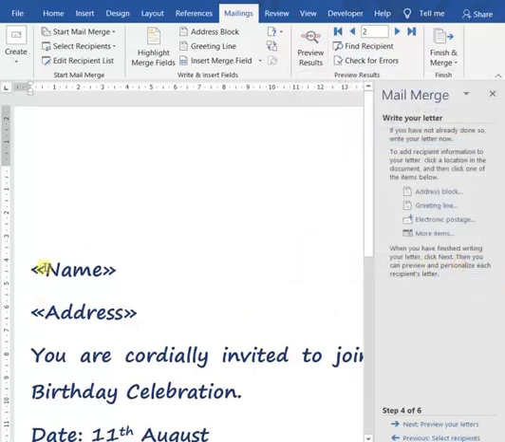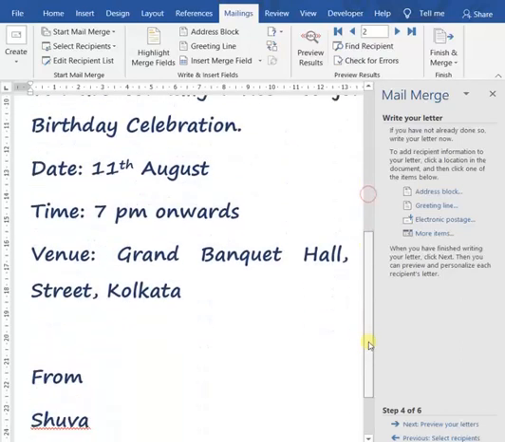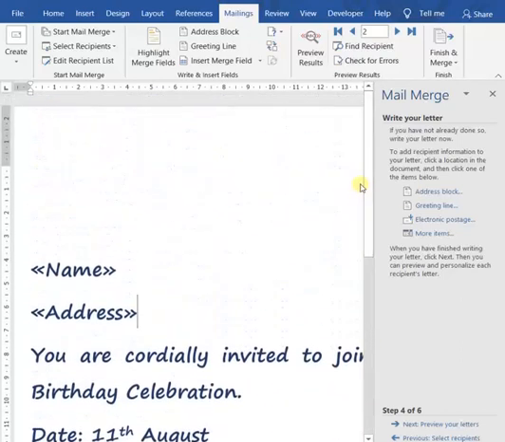Now this name and address, they are enclosed in these brackets. This does not mean that we are entering the name and address. I am just creating the format. That means we are linking the data source with the main document. See, this is only one main document, and I have taken the data source column headings or the column fields from the data source.